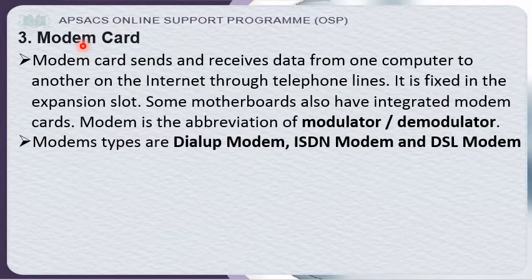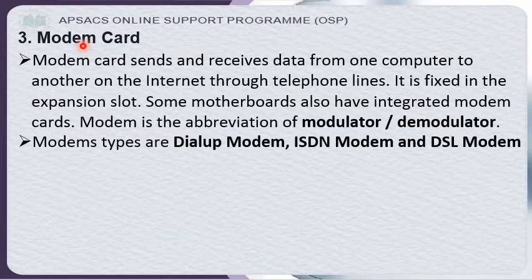Modulation stands for converting digital signal to analog signal, and demodulation is from analog signal to digital signal, because the data coming through telephone lines is in an analog form. So it will be converted, okay, not from here, analog signal. There's a difference between analog data and analog signal. That analog signal has to be converted to the digital signal inside your computer so that the computer will understand it. And for that purpose, a modem is utilized.